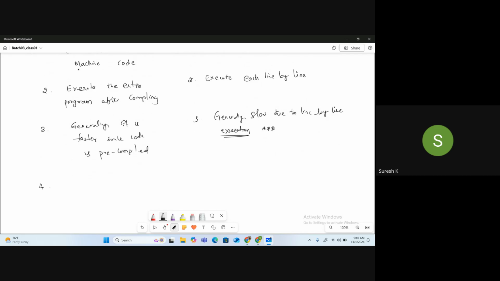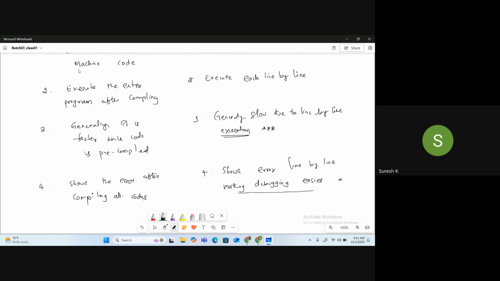In error handling, a compiler shows the error after compiling all the code. Whereas here it shows errors line by line, making debugging easier.